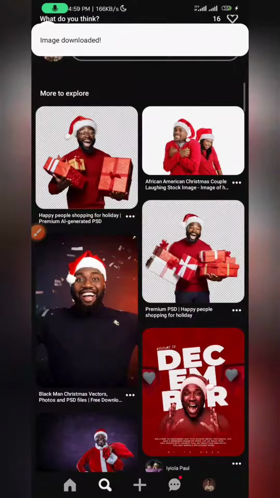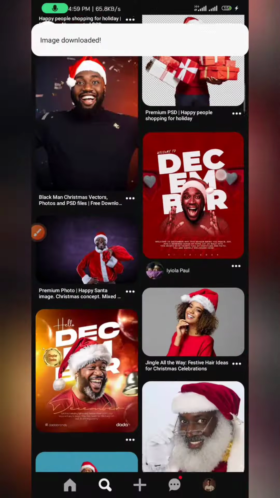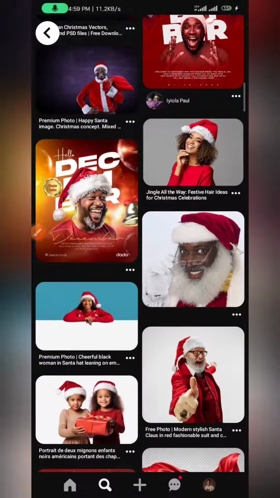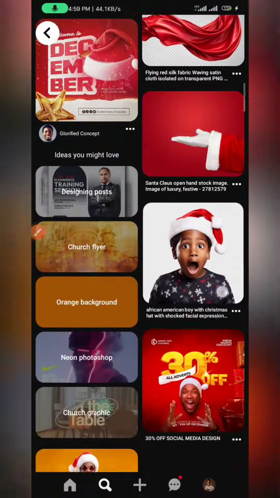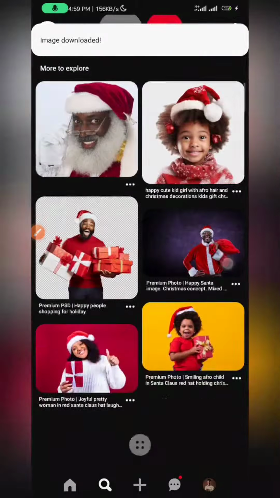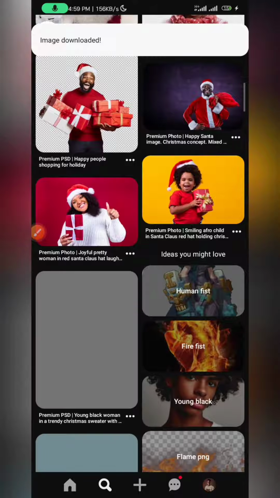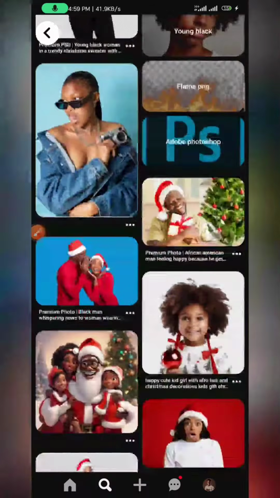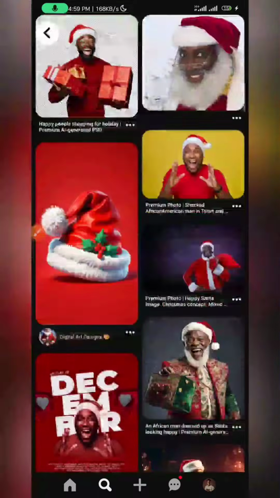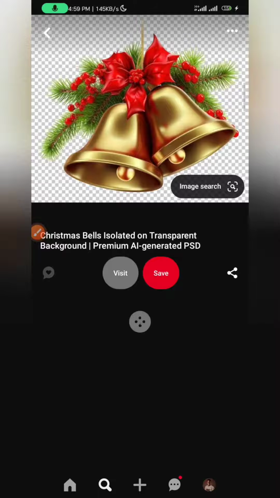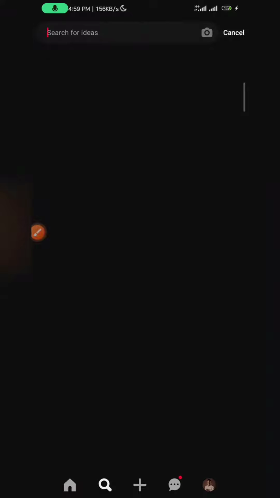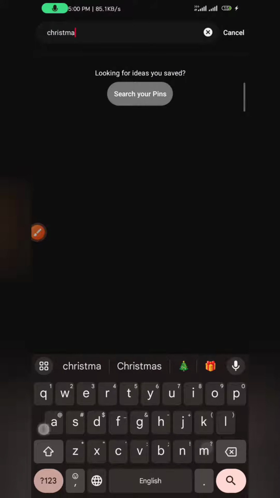So you see, this is how my Pinterest works. Once you get a search phrase and you keep searching, it kind of keeps bringing stuff out for you, and then you can go ahead and get more and more. See, I'm no more searching, it's just feeding me recommendations based on what I already searched for. All right, so I'll go back and refine the search phrase. So let's just refine the search phrase a bit. We already have our background, so let's check for Christmas